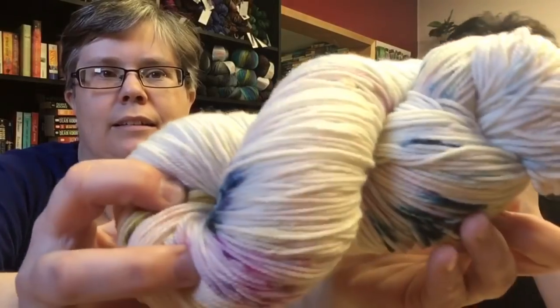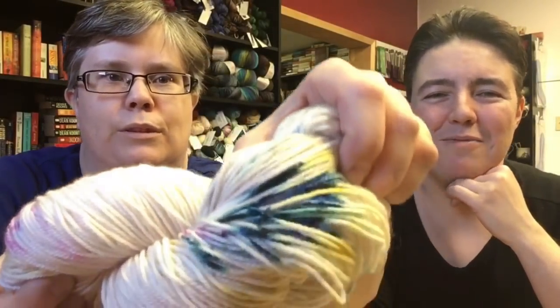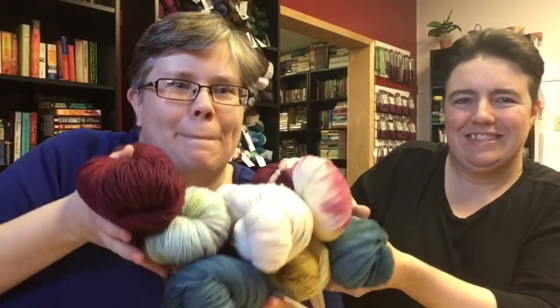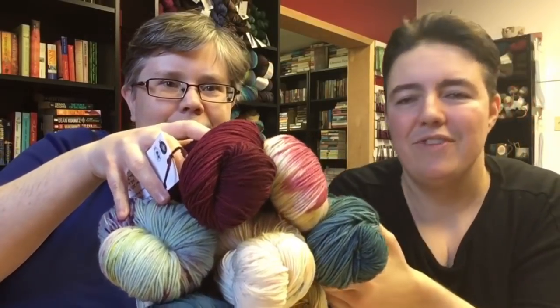These are sloppy skeins because I haven't reskeined them yet. But they do look better once they hit the shelves. And then the last color is Dune. I love that. It's a gorgeous golden mustardy color. They're all coordinated. So if you have stripy projects in mind or three-color shawl projects in mind,